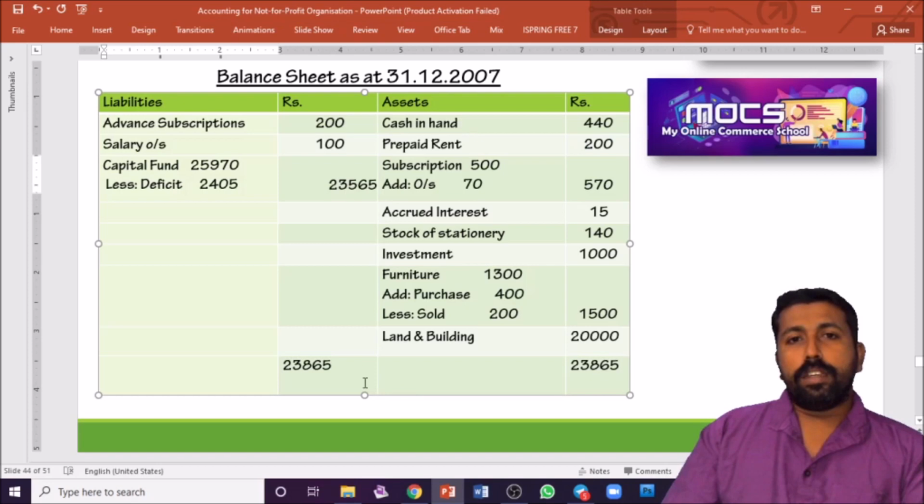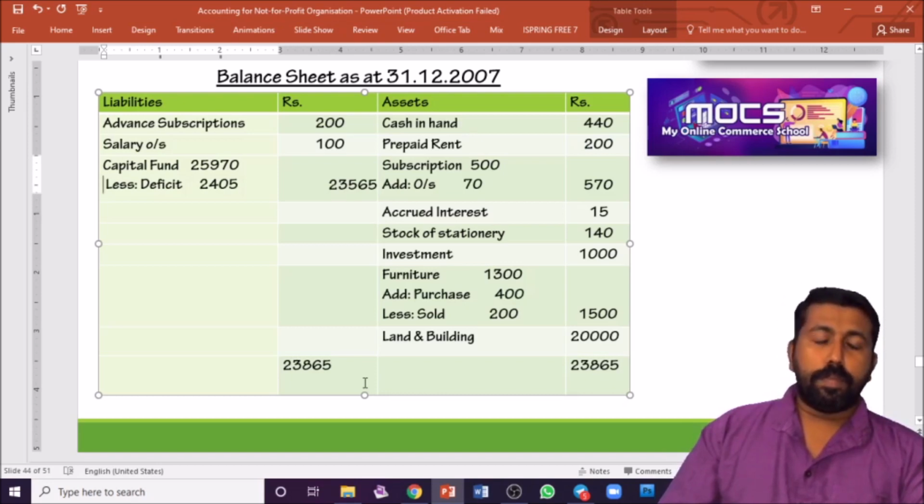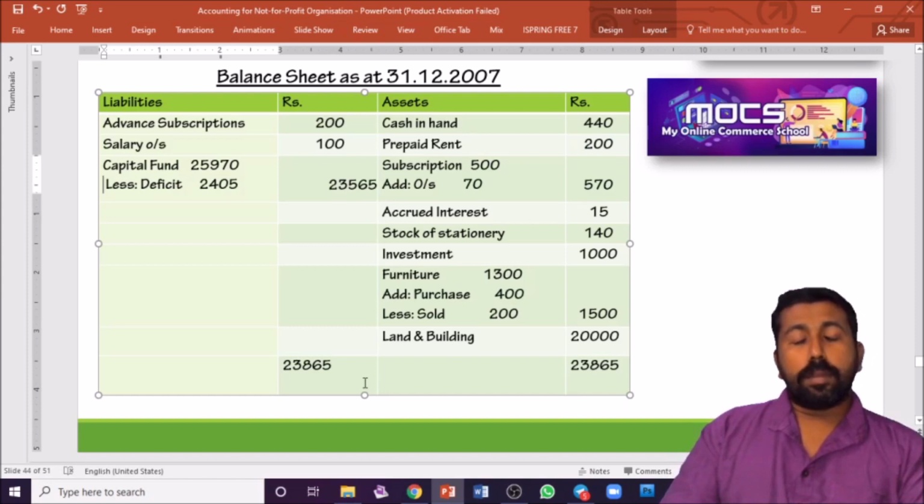Remember, this is the way of preparing the balance sheet and also the final account of the non-profit organization. The opening balance sheet is prepared to find out the capital fund. Capital fund means the capital of that non-profit organization. My dear students, next I would like to give the details regarding the previous 2 years' questions for 6 marks from the board exam. Please go through the remaining video. Don't forget to watch up to the end.